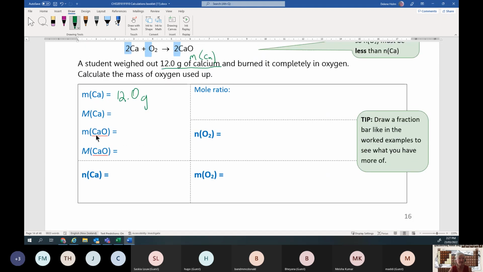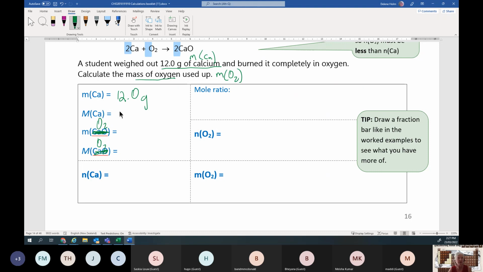Sorry, this is a mistake. This shouldn't have been calcium oxide. I've asked for oxygen, so you are wanting to calculate MO2. So this should have been O2. The first thing you do is look up the molar mass of calcium, and that should be,